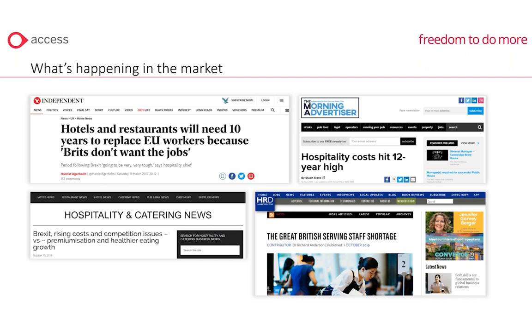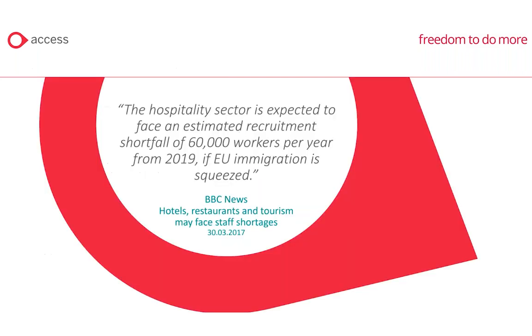However, between 12 and 25% of UK hospitality workers are EU nationals, raising a number of questions about the impact of Brexit. The hospitality sector is expected to face an estimated recruitment shortfall of 60,000 workers per year from 2009 if EU immigration is squeezed. Now more than ever, we have to look at the level of employee engagement we offer and what cost-effective ways we can ensure we retain our staff.